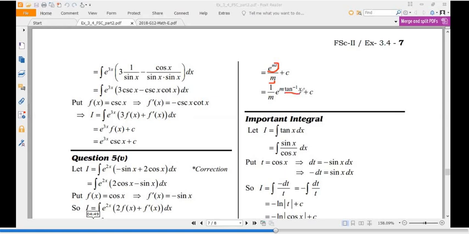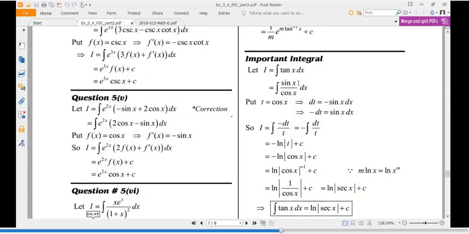हम क्या लिख सकते हैं, हम लिख सकते हैं sin x डिवाइडेड बाय cos x। तो लेट कर लेते हैं या पुट कर लेते हैं हम cos x को किसके इक्वल, t के इक्वल, तो इसका डेरिवेटिव लेते हैं, तो डेरिवेटिव इसका आ जाएगा माइनस sin x d of x, तो माइनस को इस साइड पे ले आए तो हमारे पास आ जाएगा माइनस d t इज इक्वल टू sin x d x। अगर वापस